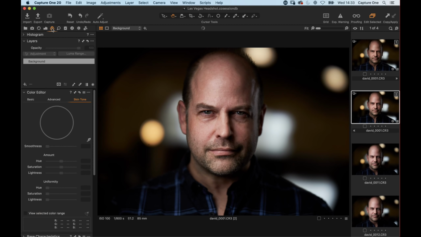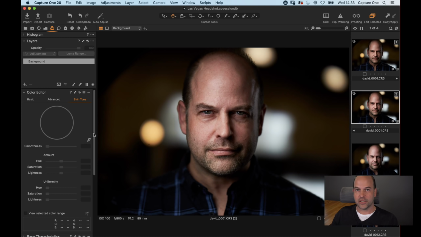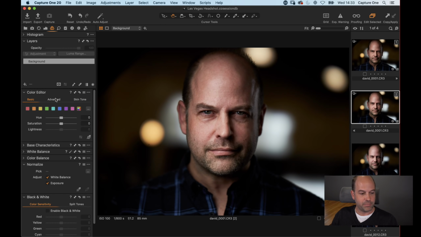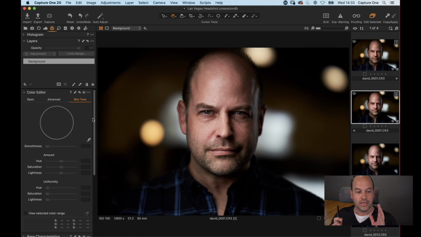Now, what we're focusing on today is the Skintone tab of the Advanced Color Editor. The color editor is split up into these three sections: the basic, advanced, and Skintone. And really the Skintone is kind of an extension of the advanced tab, but it's designed to deal just with skin tones. So we're going to have a look and see exactly how we can even my rugged